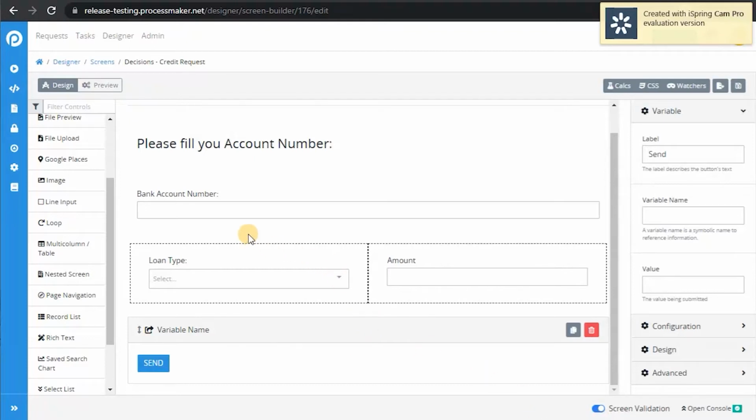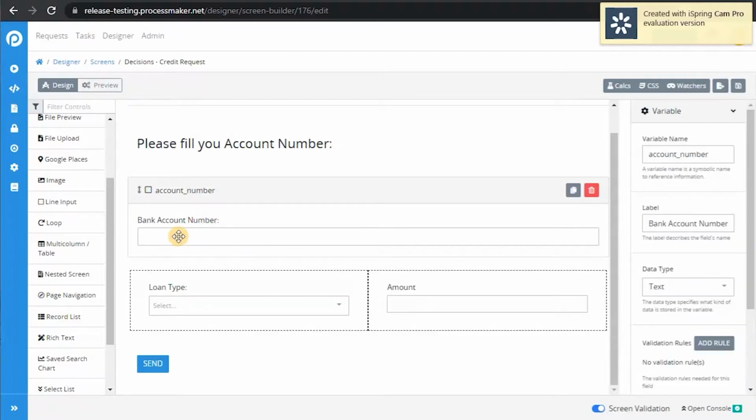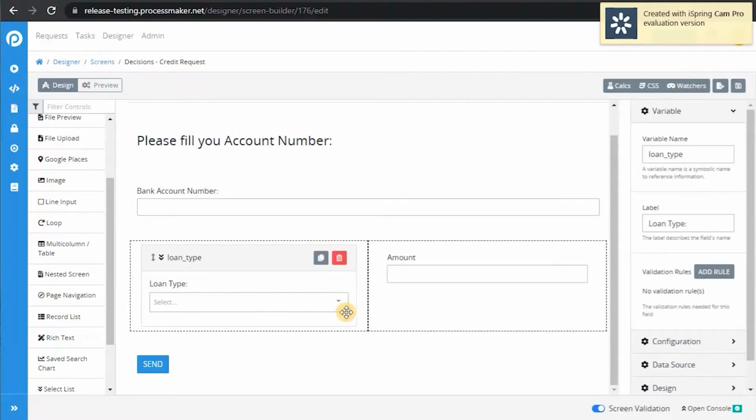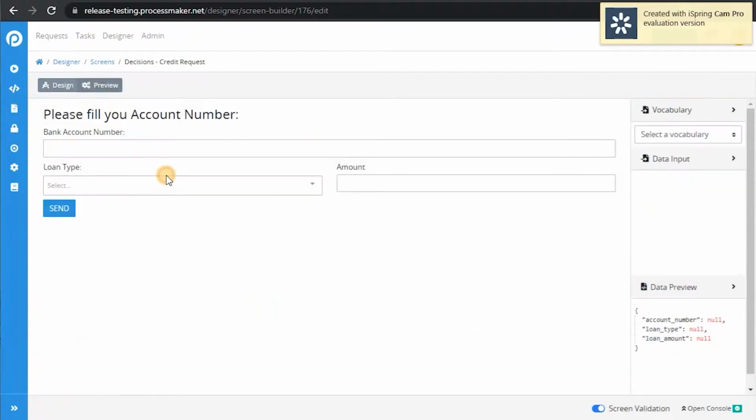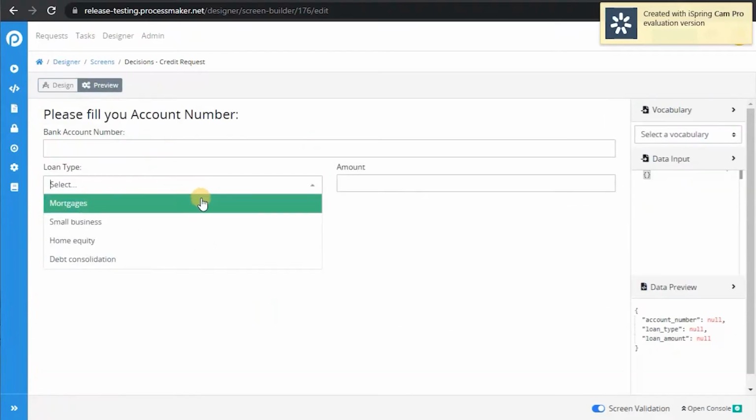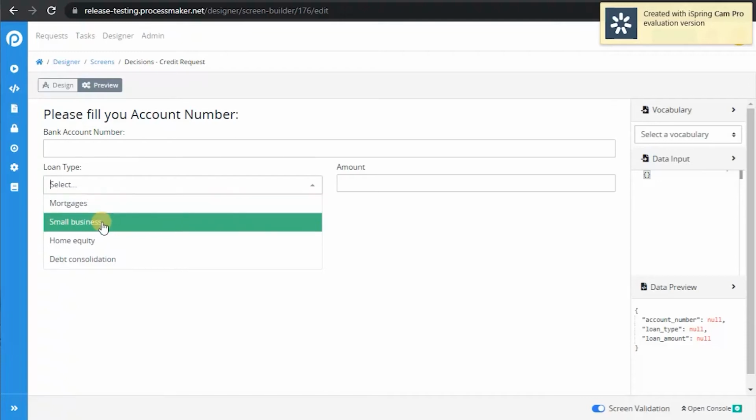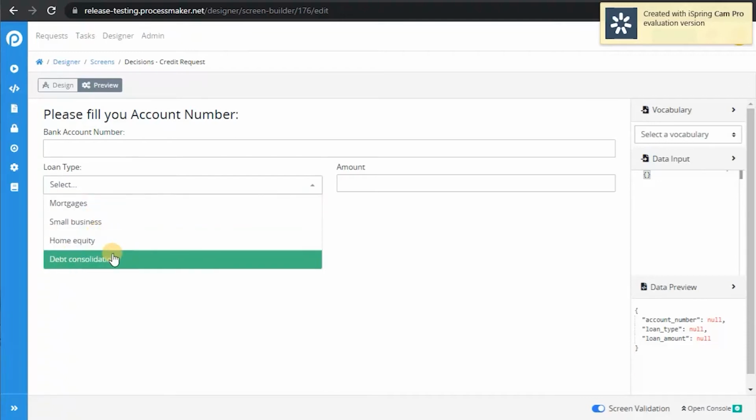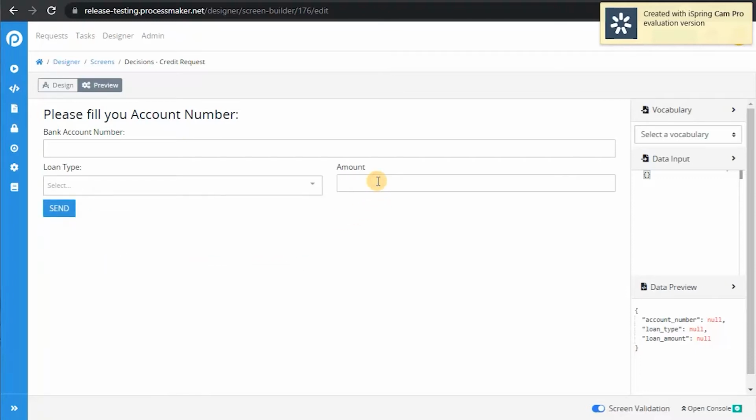The basic fields that we will use are the bank account number that the user must fill in. From that information, with an endpoint we can get the name of the client and other personal information. The client needs to fill in the loan type that he wants to request. I mean, if the loan is for a small business, a home equity or whatever, and the amount